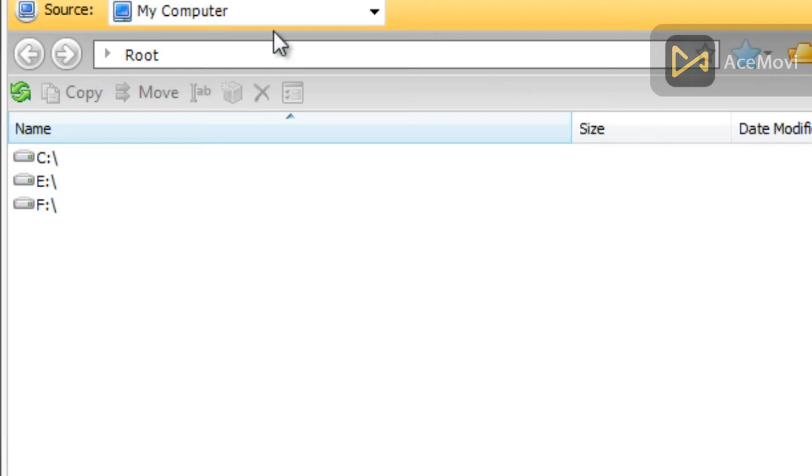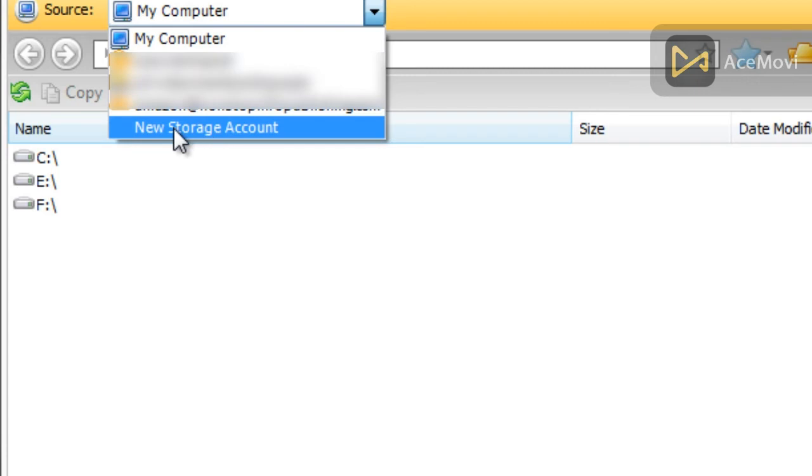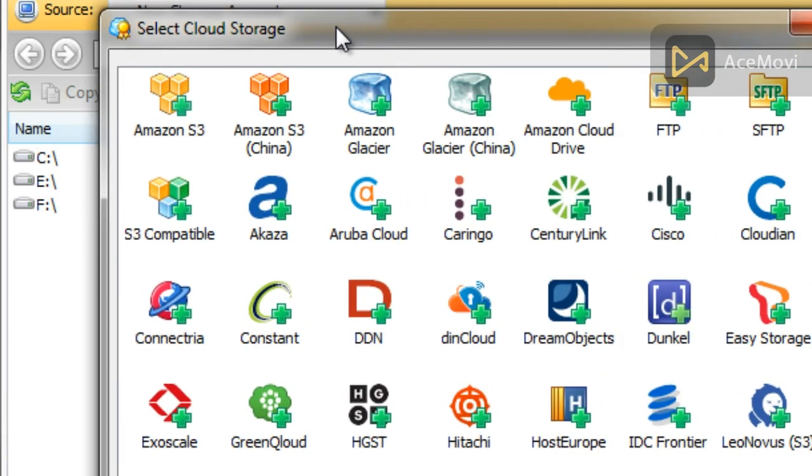Now with Cloudberry, what you can do is on the left-hand side, you're going to see source. So under source, it says my computer. So we click this drop-down menu and we click on new storage account. Now with Cloudberry, it gives you a ton of different options. Now you don't really need most of these options, but it gives you the option to connect to your website